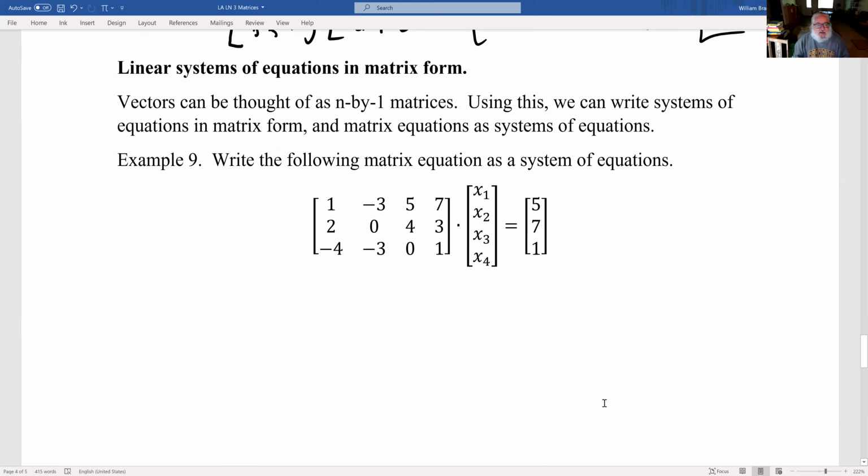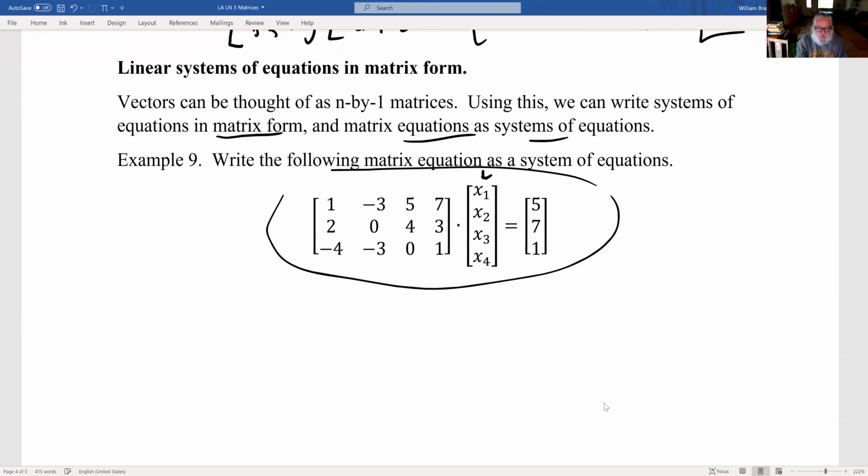So if we think of vectors as n by 1 matrices, so here's a vector, we can actually write matrices in a matrix form and matrix equations as systems of equations. So we can turn this into a system of equations because we now know how to multiply this 3 rows by 4 columns times 4 rows by 1 column thing. So we get